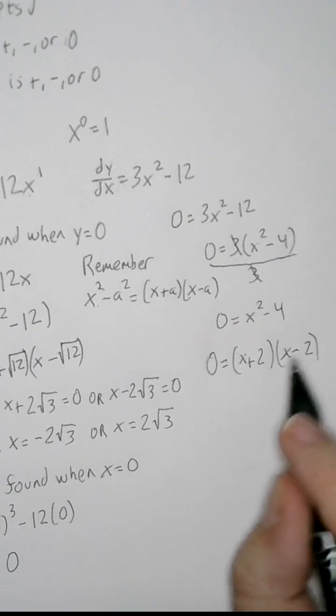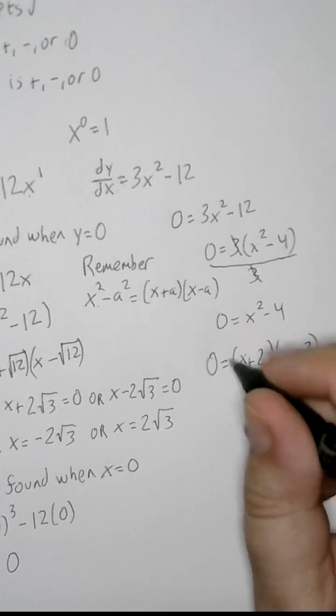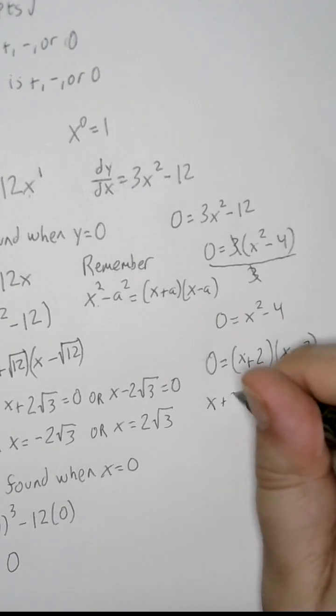That's right. So now, either x plus 2 is equal to 0, or x minus 2 is equal to 0. So either that's true,